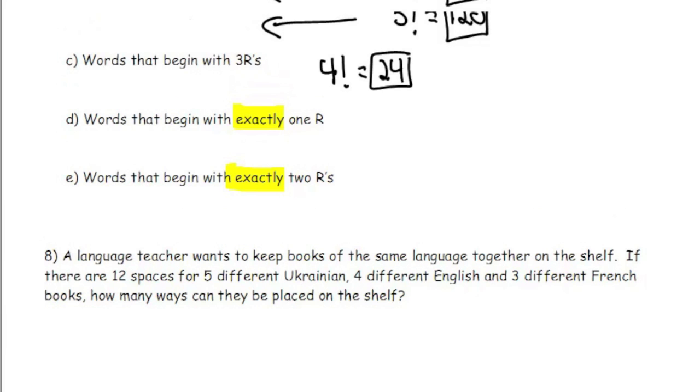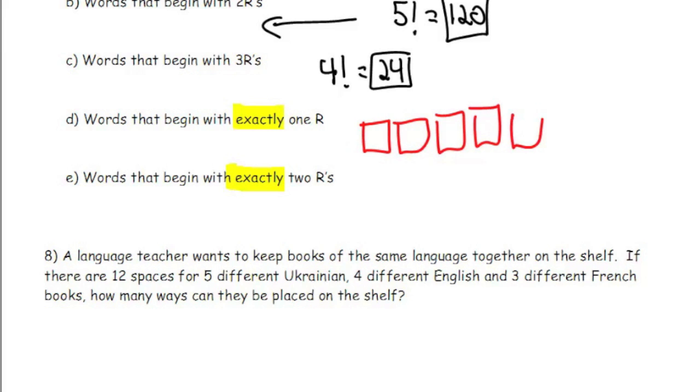The last 2 are a little trickier. Words that begin with exactly 1 r. This word "exactly" should just raise red flags at you, because exactly 1 r means that it can't be an r after the first r. So if we draw out our boxes again, I'll do it in different colors just to be cool. We have still 7 objects to deal with,